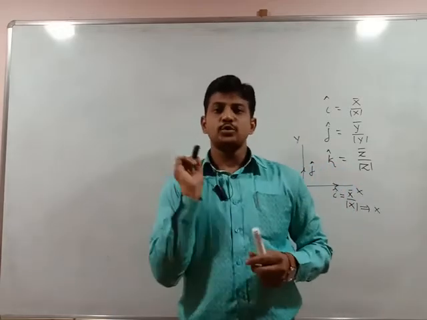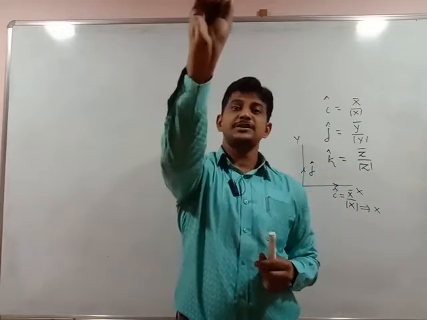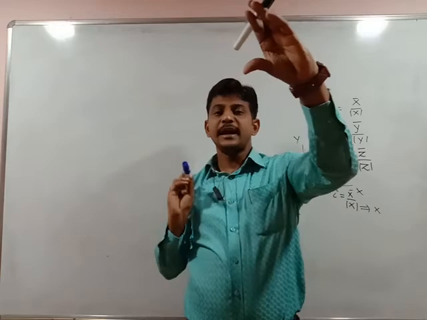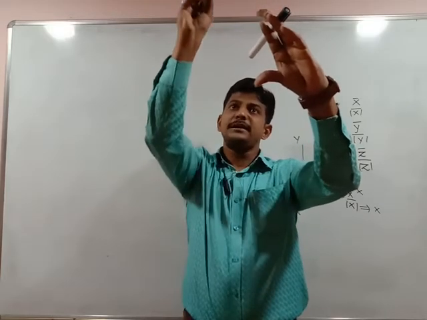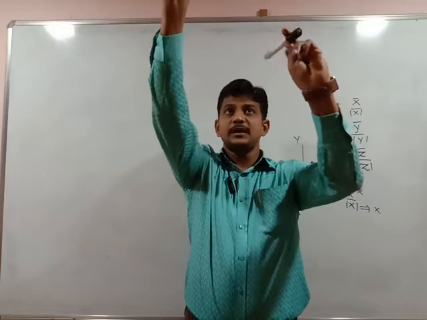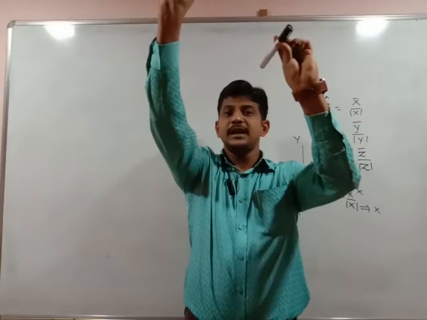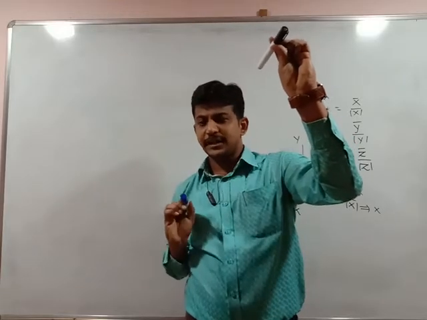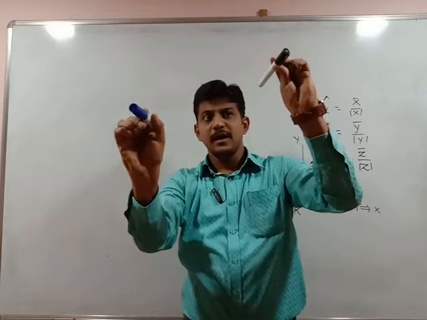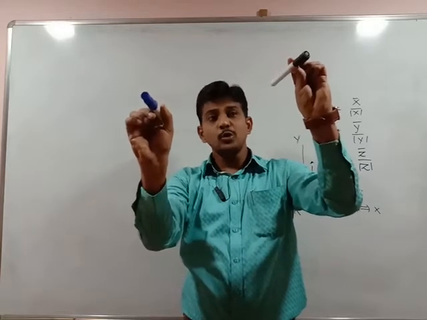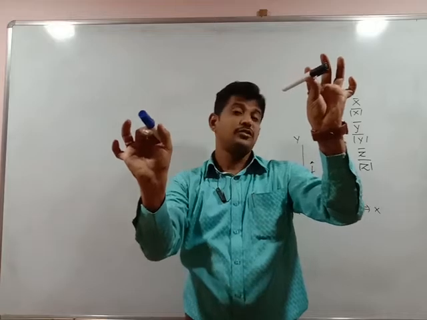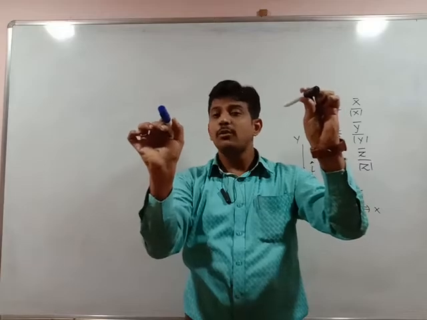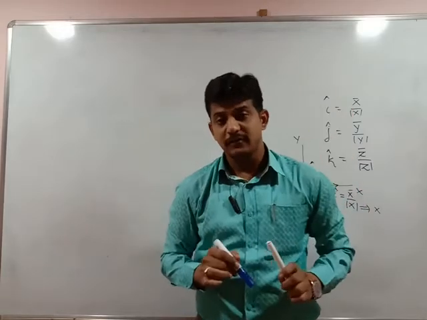Suppose there is one object I can throw. I can throw this object in this direction. After a certain interval of time, the object reaches this position. And then again I throw the second object, which after a certain interval of time reaches this position. Now see, both positions are different. Here is one position A for one object, here is the second position B for another object. How to locate positions of these two objects? Using the position vectors. You know the definition of position vector: the vector which shows the position of the object is said to be the position vector.